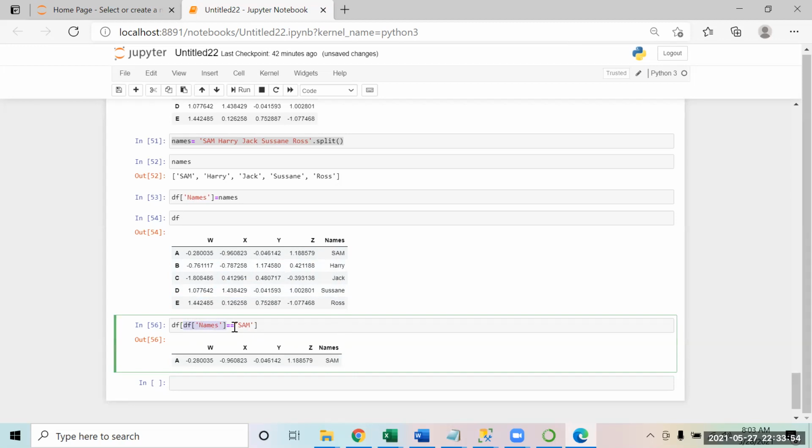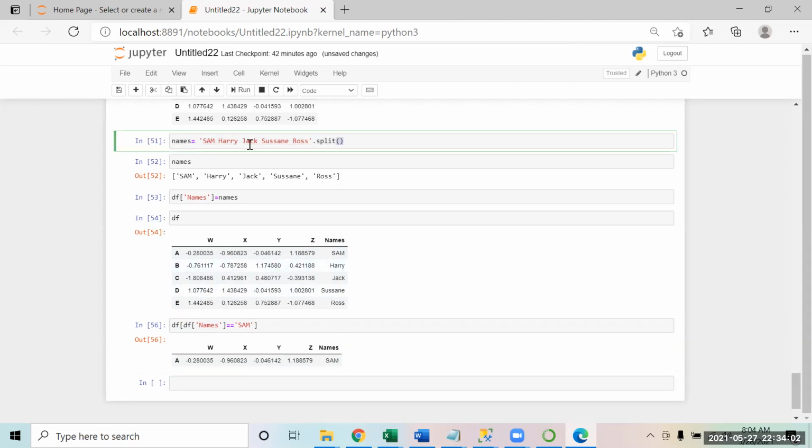For equal to, you will have to use the double equal to sign, because a single equal to in Python means assignment. When I say single equal to, I am assigning this value. That is why you will have to use double equal to. That's the only difference. Radhika, the way you are doing that is also correct, because we saw that we can give the names that way as well, df dot names.